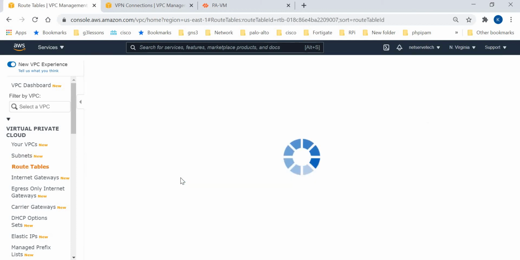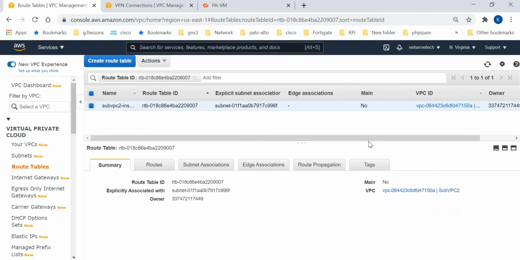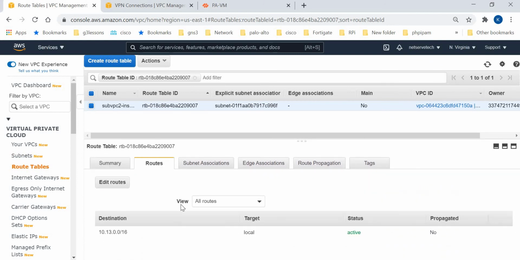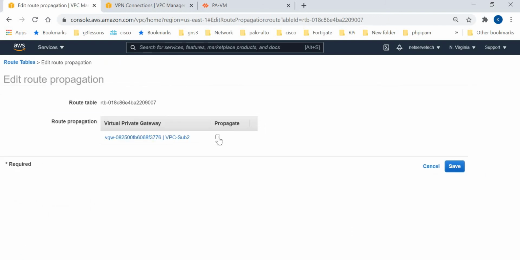Let's go to the route table. Now in this route table, go to routes. Either we can add a static default route here pointing to VGW, or since it is already there in VGW, we will say route propagation. We'll enable route propagation from VGW.